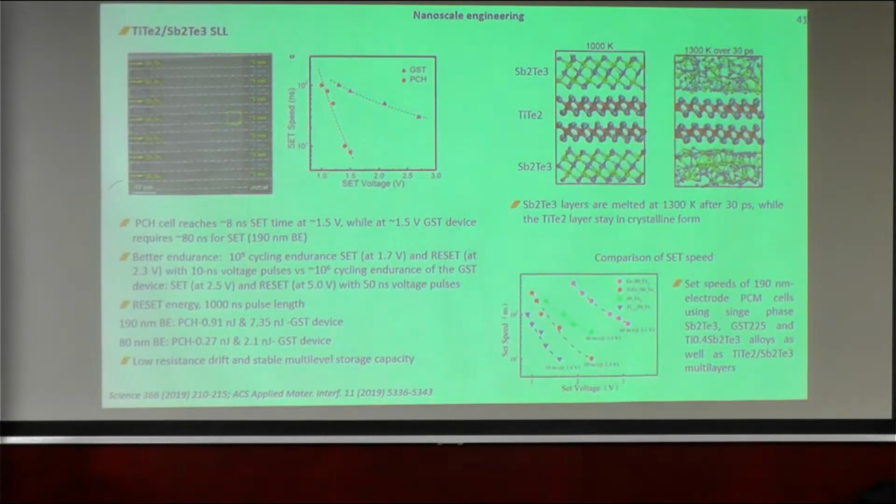It was also demonstrated for other systems, like for titanium tellurium 2 antimony telluride superlattices. In this case, the GST was replaced by titanium tellurium 2. This is another phase change material. And again, in this case, the antimony telluride layers are crystalline,